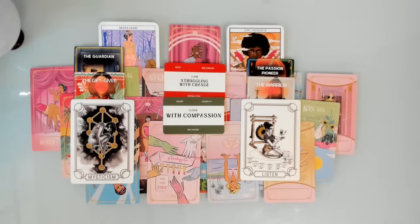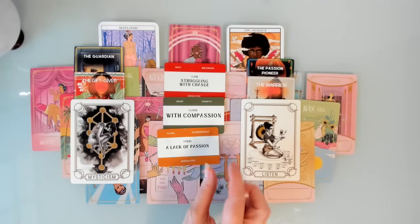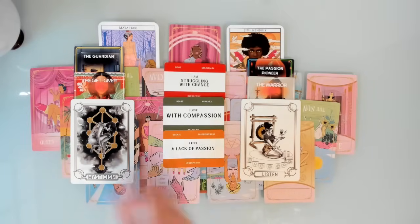So let's have a look at what the chakra energy would be to help you there. Sacral chakra, underactive. I feel a lack of passion. Okay, so